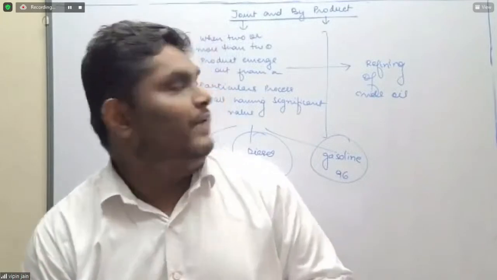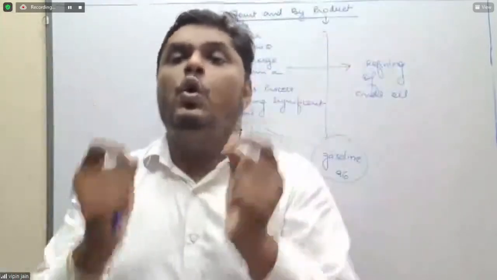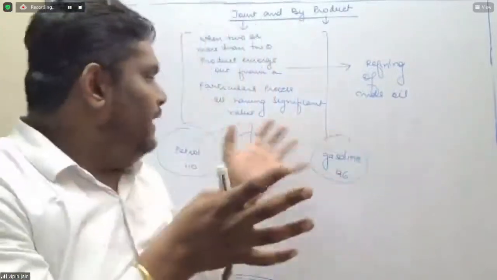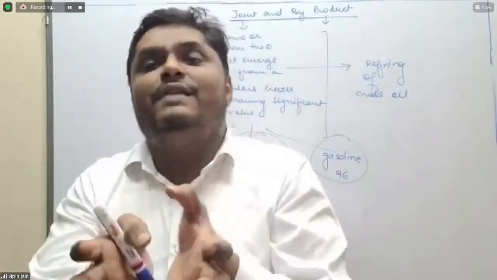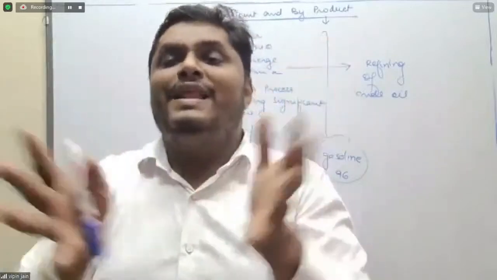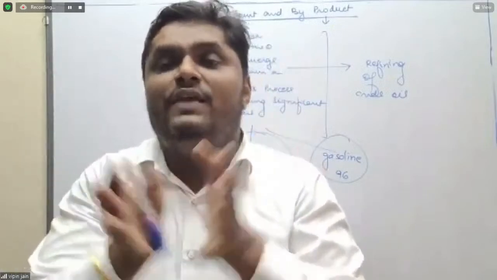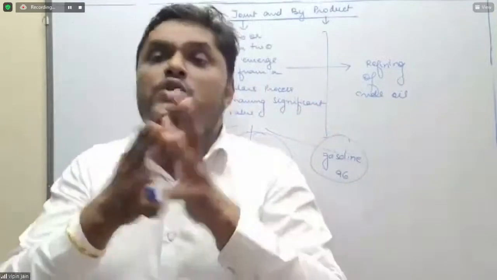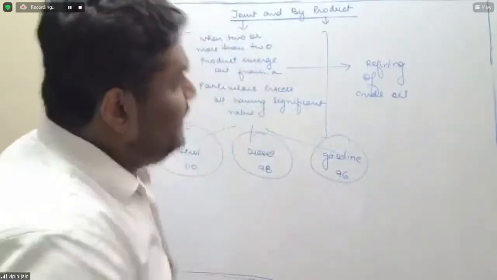So guys, when talking about joint product, very simple: when two or more than two products emerge out from a particular process, all having significant values or identical values, they are known as joint product. For example, let's say I'm into refining of crude oil, and in the process of refining, we are getting 3 to 4 products, let's say petrol, diesel, and gasoline. So all these are known as joint product. When talking about byproduct, guys,